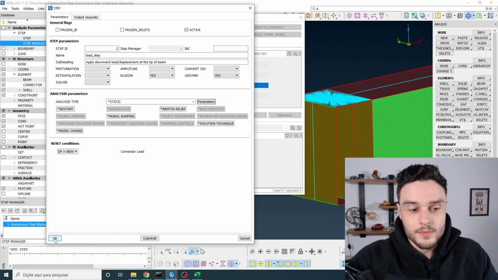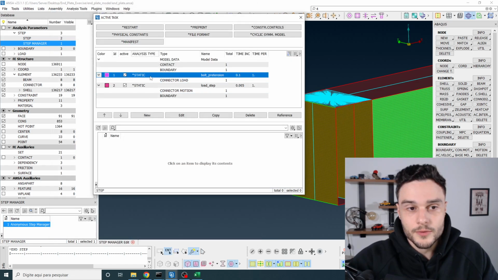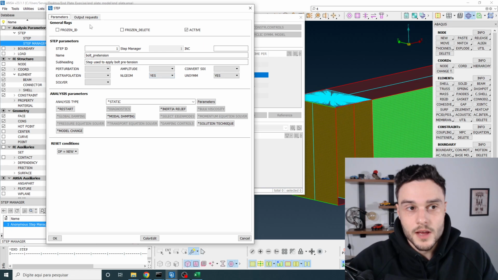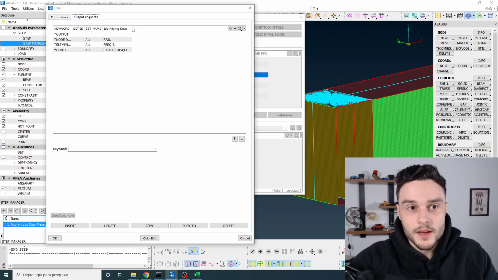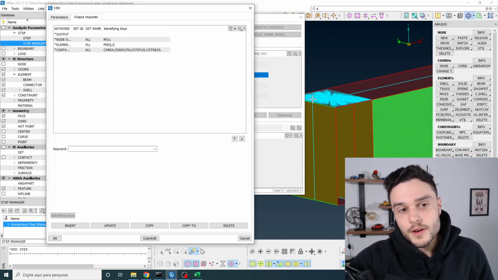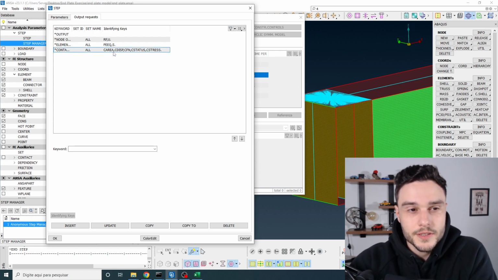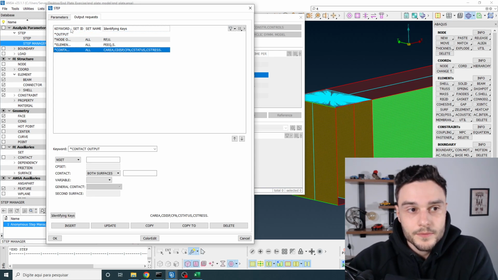Now let me click on OK, and let me go to the first step. Double click here, output requests, and then first of all, let me adjust one thing here. Obviously, before recording this class, I have tested this model, and I noticed that there are some things that we need to adjust here. The contact output, double click here, and then in here in identifying keys,